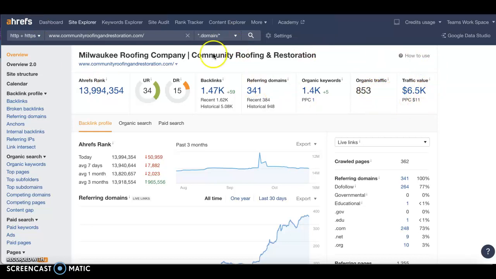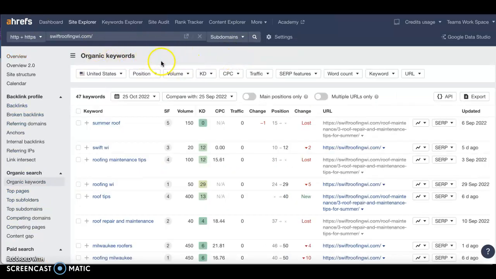Okay, all right, now I'm going back to your site, and these are your organic keywords. And I wanted to see these type of keywords: Hammer Roof, Swift, Wisconsin, WI, roofing maintenance tip. Even though they have a high amount of searches per month, which is the volume, they're not buyer intent.